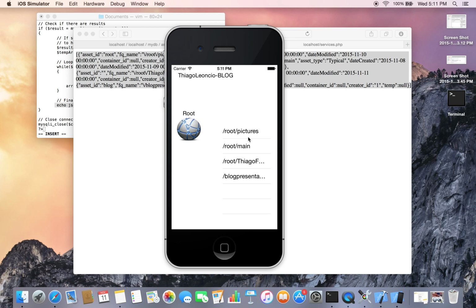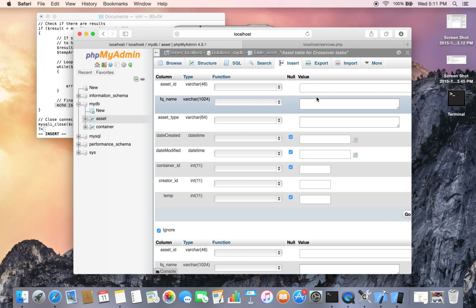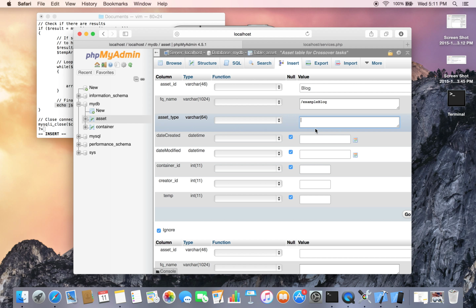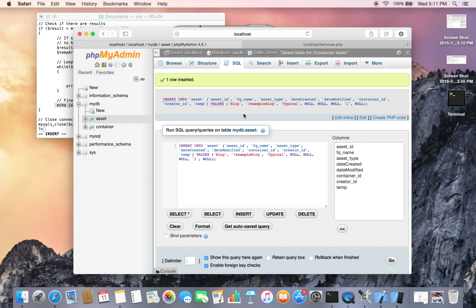loading it, then you see there are 4 different records. So, for example, if I would like to insert one value here, let's insert, for example, folder example, example blog folder, and the exit ID is blog, and then type typical, and the creator is 1. So if I do an insert on this guy,